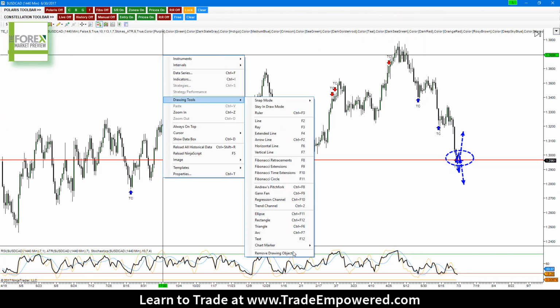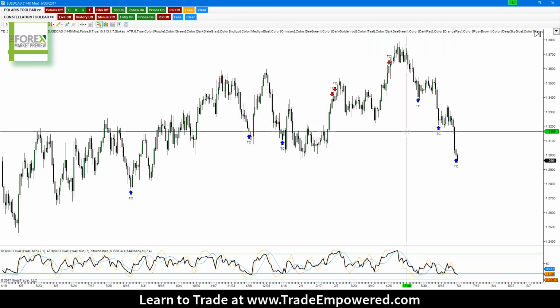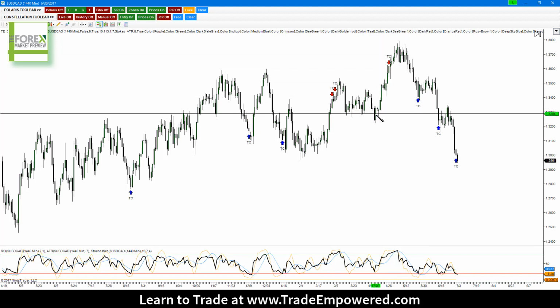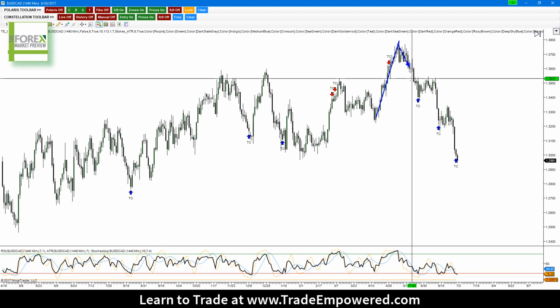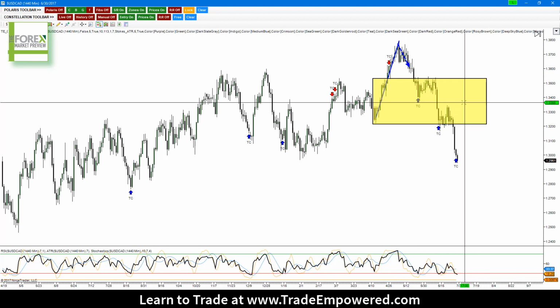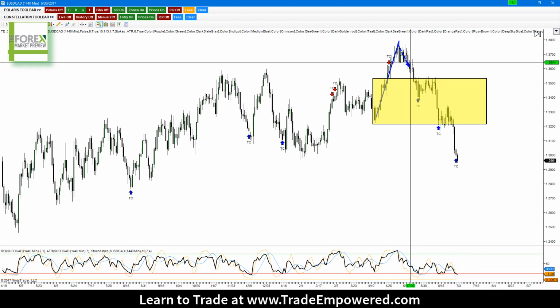And this pair really shows patience because if you remember, syndicate members, and also if you follow me on TradingView, I originally started looking for long opportunities on this pair. As soon as we had a higher high, higher close here, as soon as we started getting a pullback, I started looking for long opportunities anywhere in this area. And this was back in, I think, May. And I never got that opportunity.